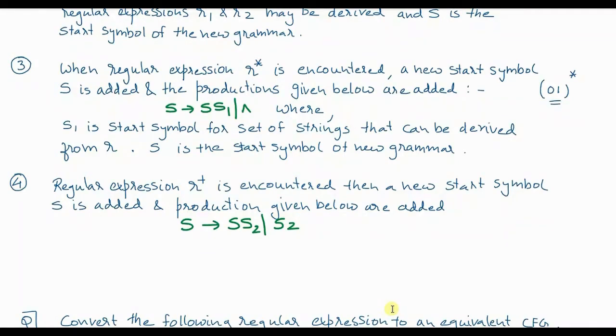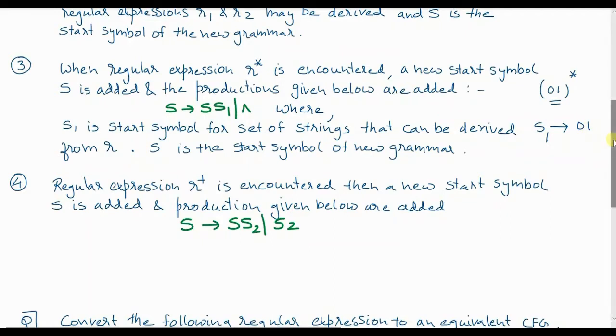So what I will do, S1 be a production such that S1 gives 0 1. So S1 will give you 0 1 devoid of this repetition star. Okay, S1 is going to give you single 0 1. Now this has to be repeated either 0 number of times or infinite number of times. Let us assume how to represent, how to get 0 1 0 1 n number of times 0 1 string.